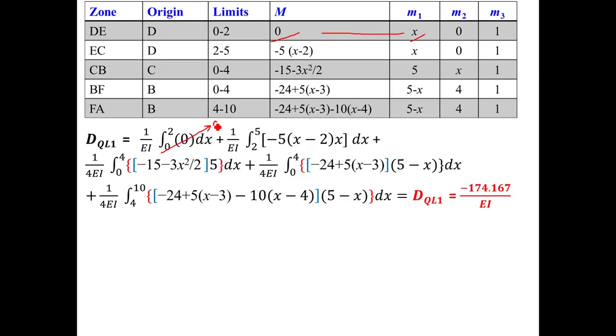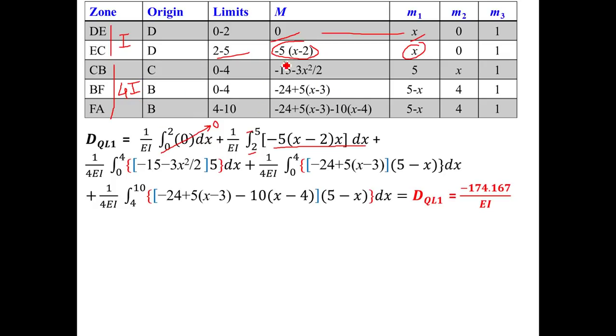Okay. Then in the second zone, capital M is minus 5 into x minus 2 and m1 is x. So that multiplication is written here and limits are 2 to 5. Okay. And I equal to I for the first two zones. These two zones are having I, moment of inertia. Understand? And these three zones are having 4I. It is given in the original figure. You look at the I of the first two zones, that is the right column is I and the moment of inertia of the beam, and the left column is 4I. So now in the third zone we have to use I equal to 4I.